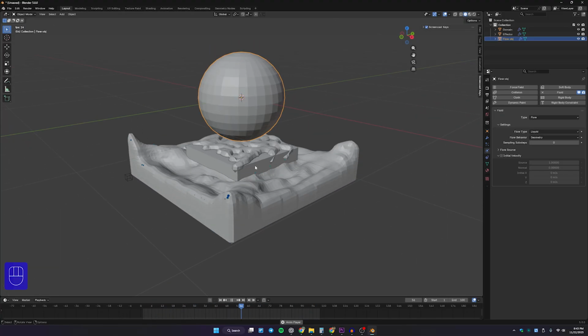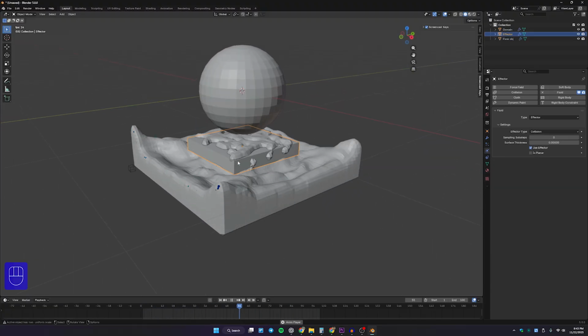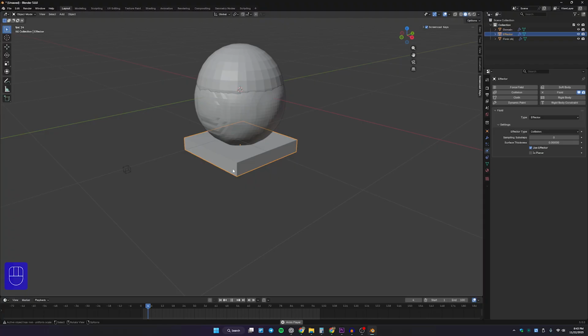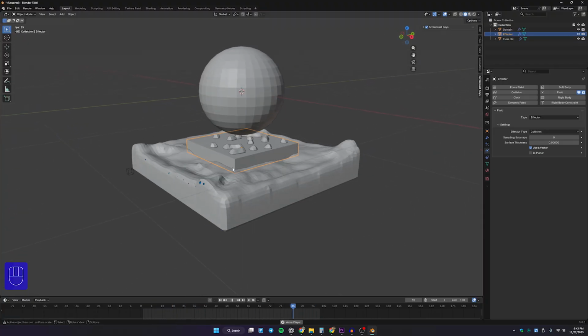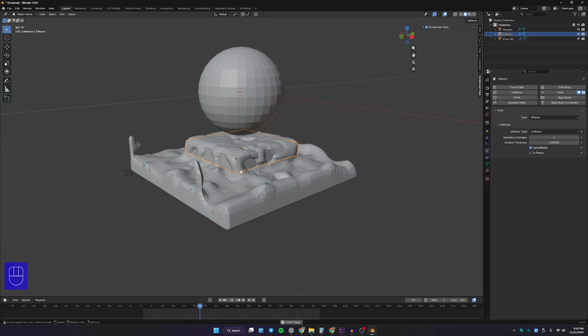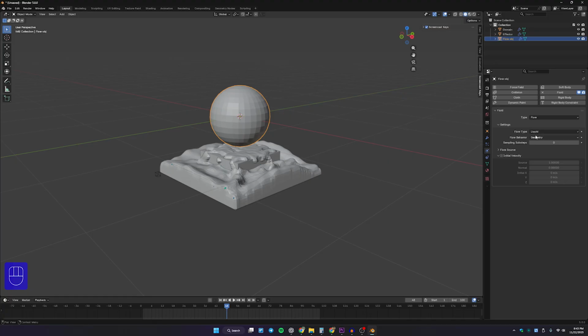So an effector is basically an obstacle, so you can place it anywhere, and you can also use these kinds of effectors to make some containers and hold your liquid inside. There are many more use cases with this. So I'll keep this setup right here, and since we have already talked about most of the basic things,